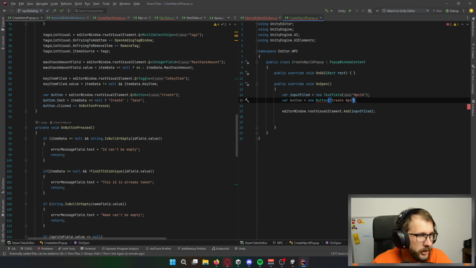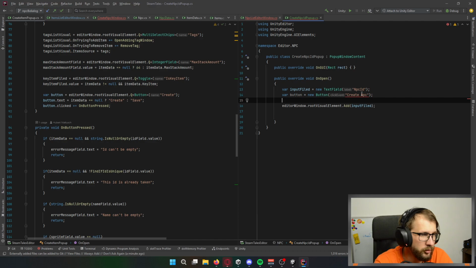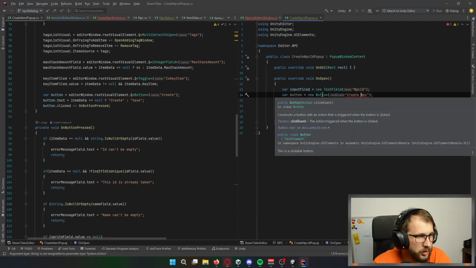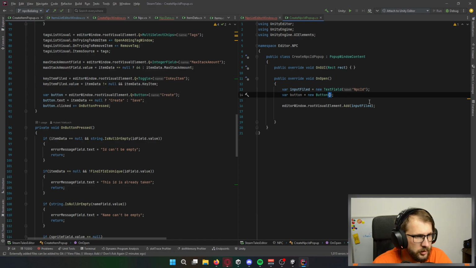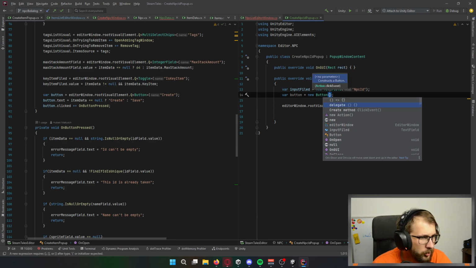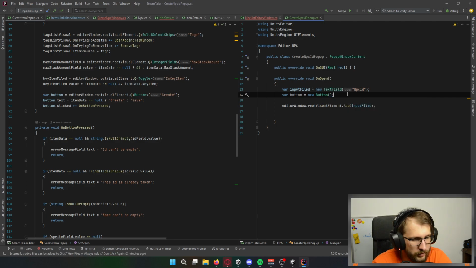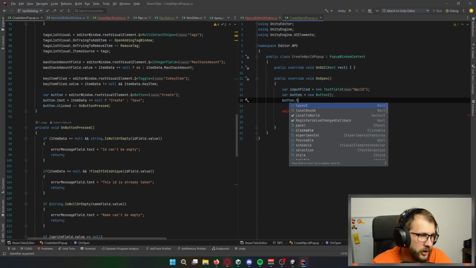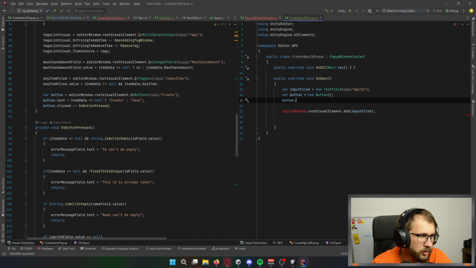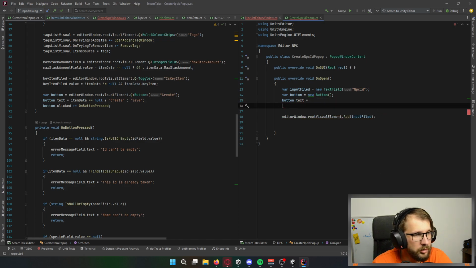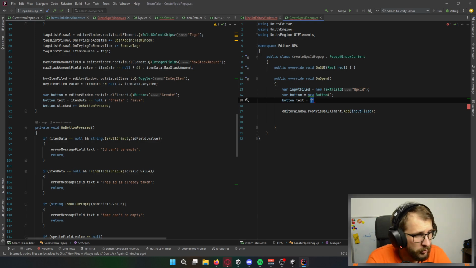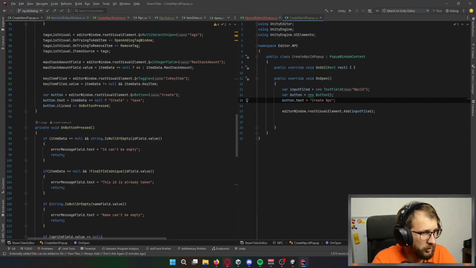Create NPC, okay. Of course, this Unity Engine UI has to disappear. Wait. What are the options? Oh, I have not a lot of options. Can I change the label from here? Or do I have to change the text? Oh, so it's not a label, it's a text. So it will have a text, Create NPC. Okay.